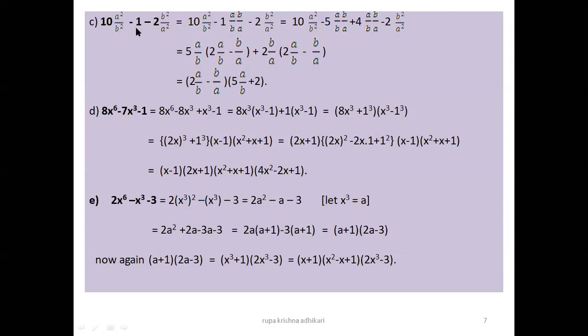So I want to write it in this form. If you have here any other term like x square by y square and here y square by x square, then I can write it as x by y into y by x. It will not make any difference. Minus 2b square by a square. It is equal to,